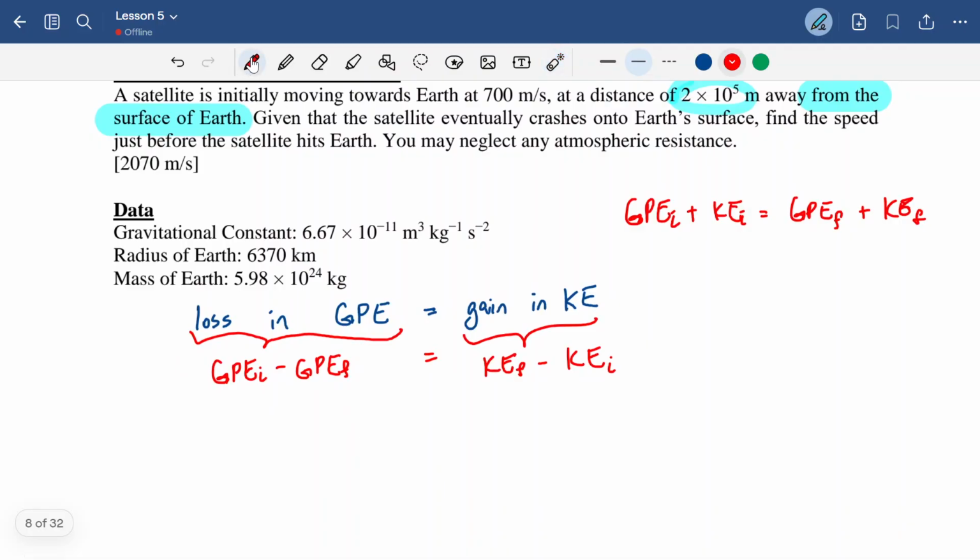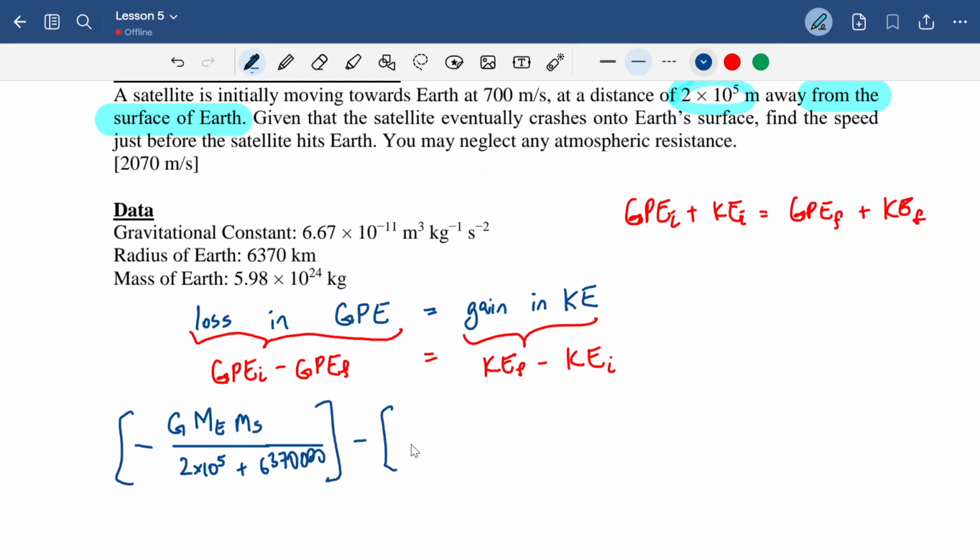Now, the initial is at a distance of 2 times 10 power 5 away from the surface of Earth. So the initial GPE is negative G times mass of Earth times mass of satellite over R, which is 2 times 10 power 5 plus 6370000. Initial GPE